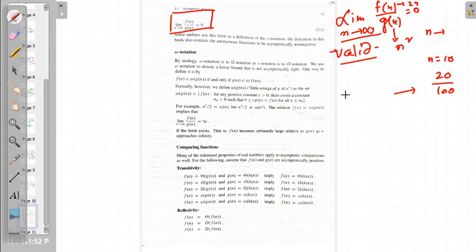Whenever we talk about algorithm analysis, we talk about larger and larger values of n, right? So this is the little o notation. One more notation is left, the little omega notation, that we'll do in the next class, and then we'll go to the divide and conquer